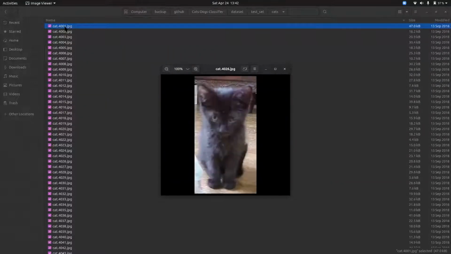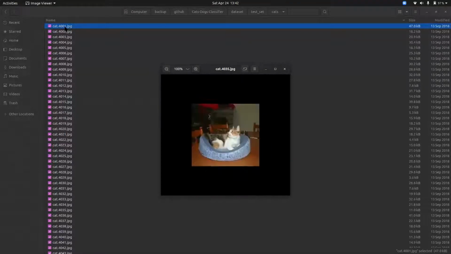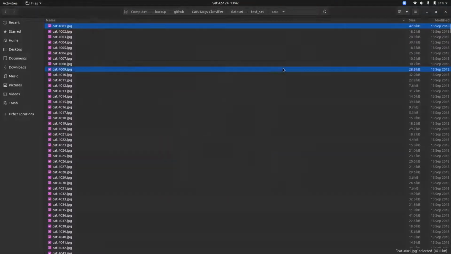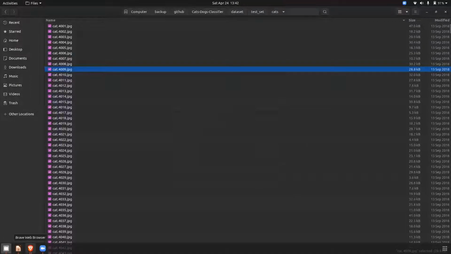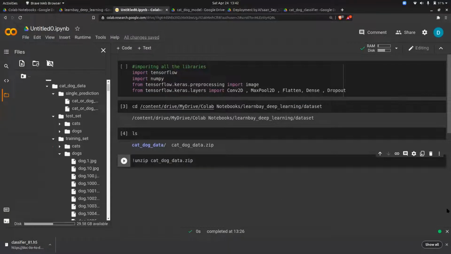Is the folder structure clear to everyone? Once this is done and you have the data, everything is very easy. The rest of the coding is like a piece of cake.